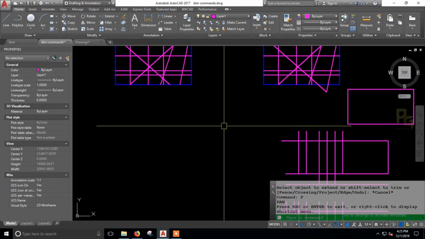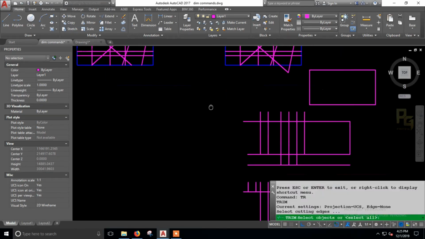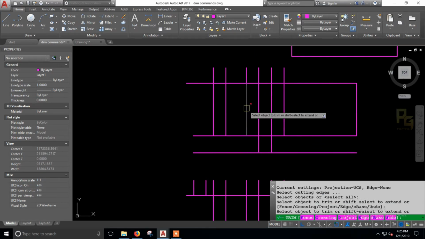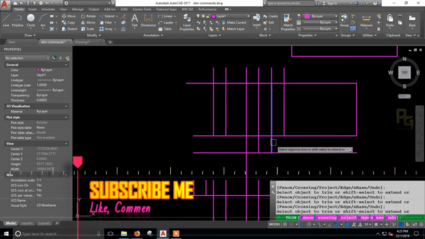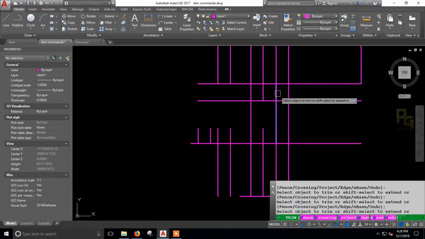And there is a shortcut for using these two commands with one click. Like if I am working with some trim options, I need to trim this, and if I need to extend some line, or unfortunately I trimmed this line and I need to extend this again to this, I just need to press shift and select the line. So it acts as a two-way command.